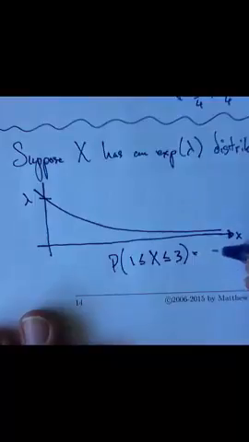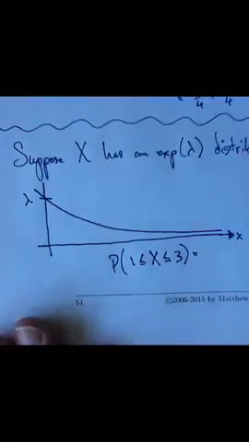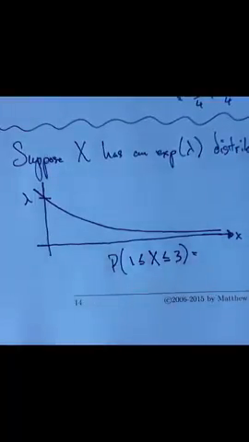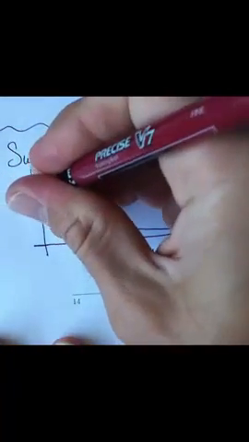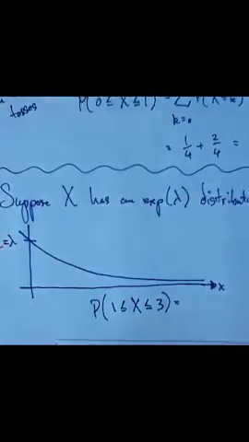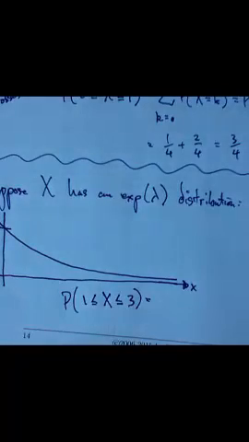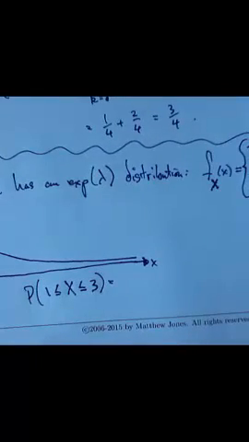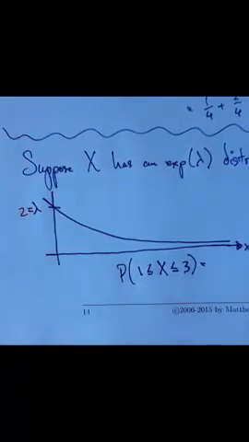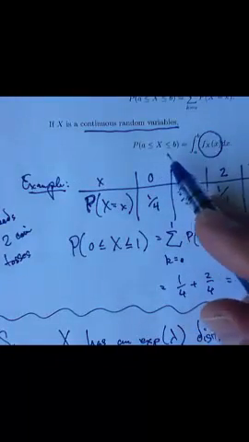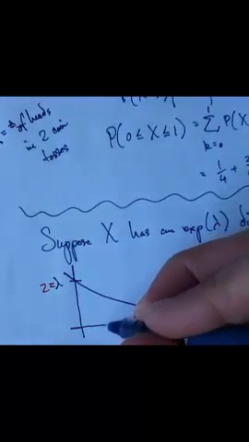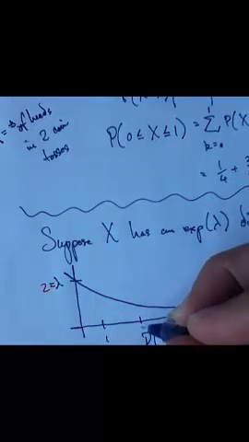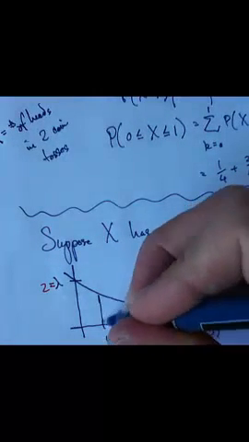Well, then maybe to make this example more concrete, maybe we set lambda equal to 2. Okay. See that? Okay. Then what this says up here is that the chance that x is between those two numbers, 1 and 3, I don't really know where they are, but something like that,